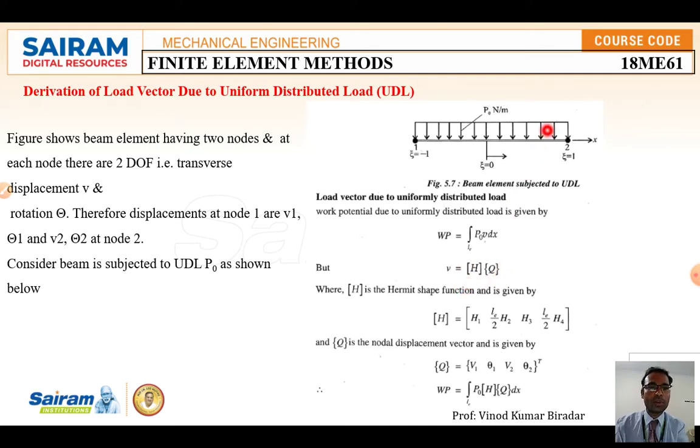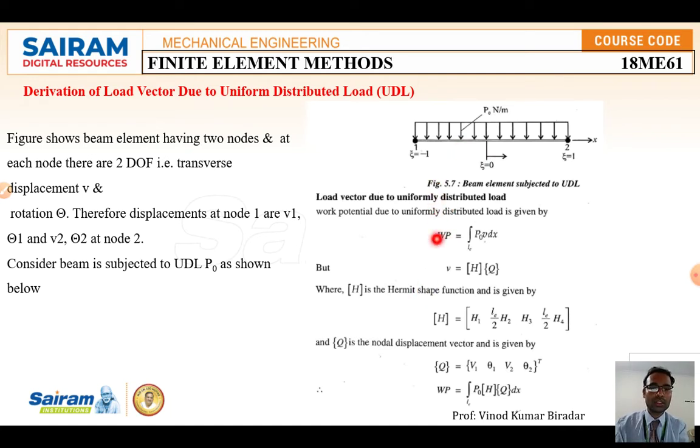Okay, so here, how many nodal displacements are there? Here V1, theta 1, V2, theta 2 are the nodal displacements, and H stands for what we are going to call the Hermite shape function. The transverse Hermite shape function states that the transverse displacement and the slopes are continuous over the given element. So we call this the Hermite shape function, which you have to remember.